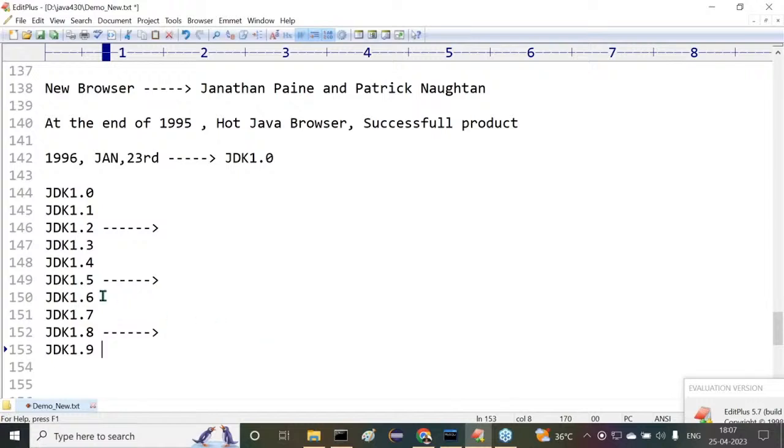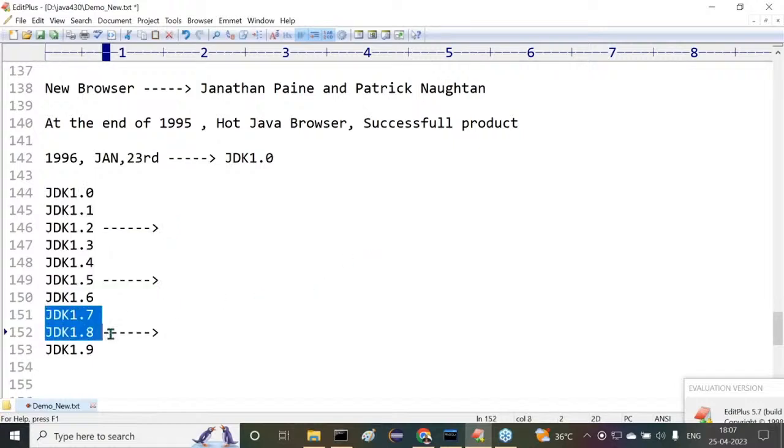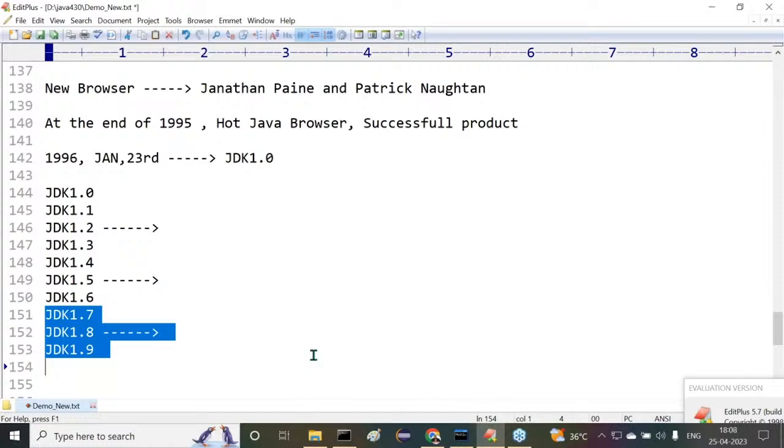Observe carefully, up to JDK 1.6 version, Java was maintained by Sun Microsystems. Right from 1.7 version onward, Java is available with Oracle Corporation. Java is maintained by Oracle Corporation. When Java was in Oracle Corporation, from that point onwards,